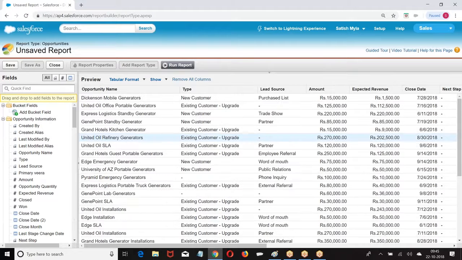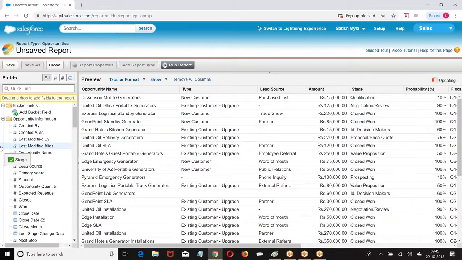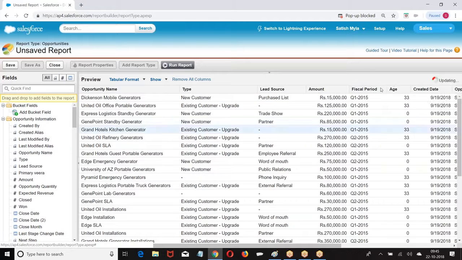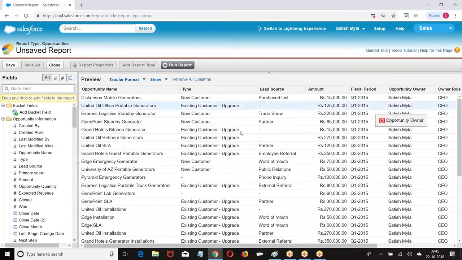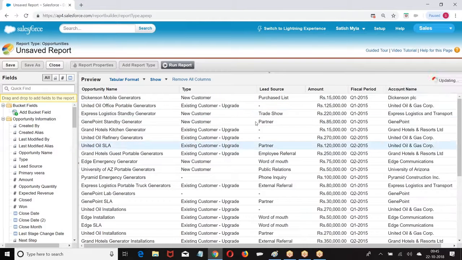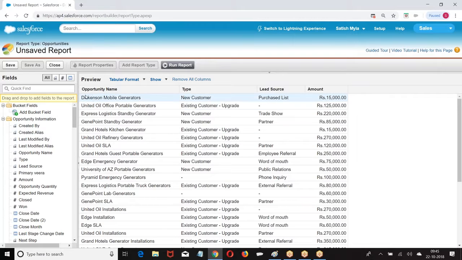Whichever fields I don't want, I'm just removing them. Now this report is called as what? Tabular. This is a tabular report, simply a list of records in the table format.